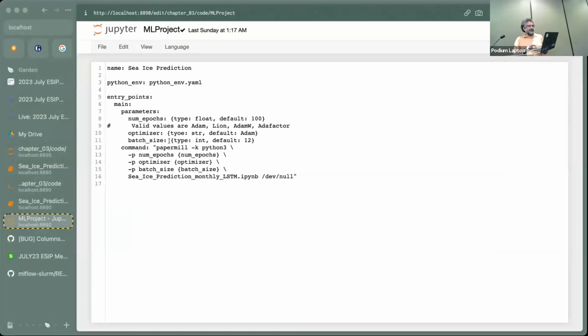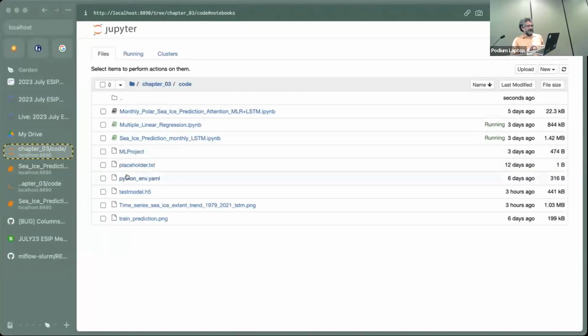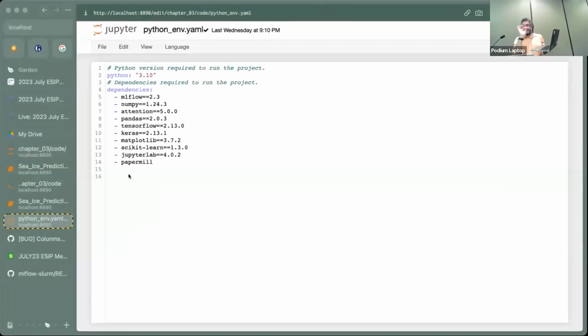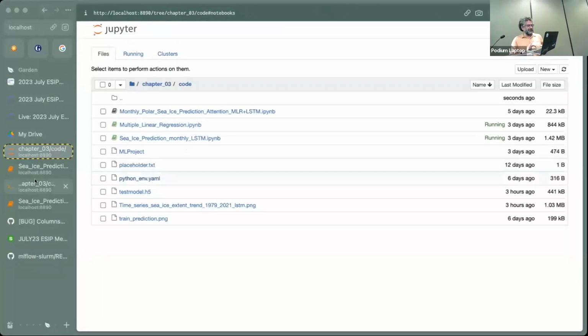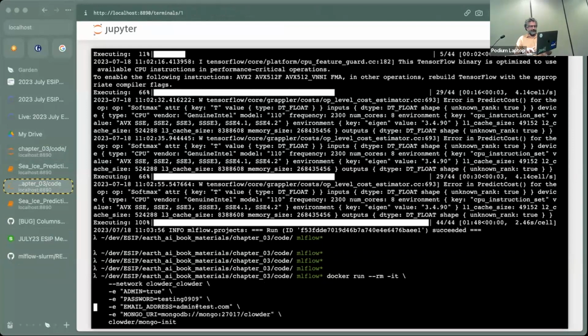And if I say papermill -p, I can override those variables with things from my run here. And so here I've defined my project. I've got my Python environment that has everything pinned down, so if I give people this, they can run it again. And then, if my terminal is still working, yes, it is.